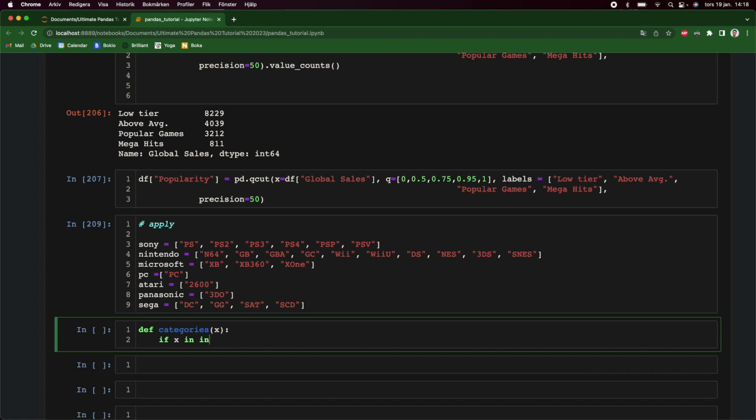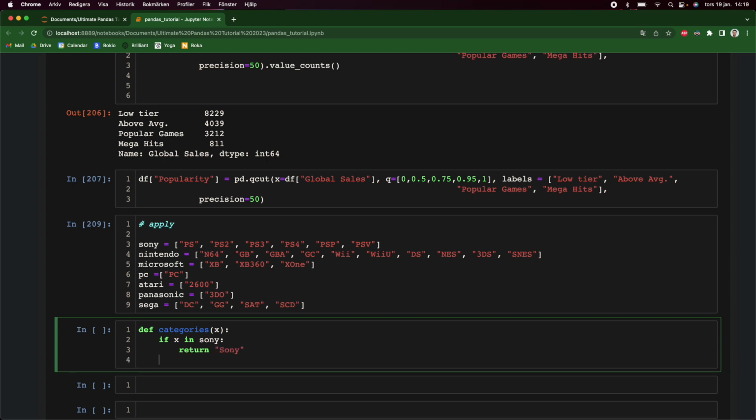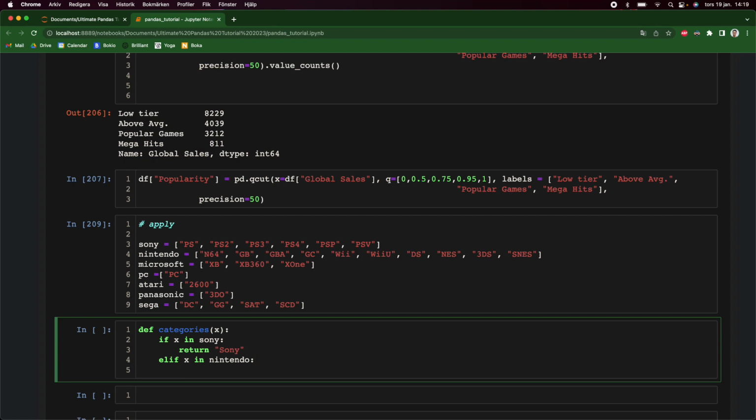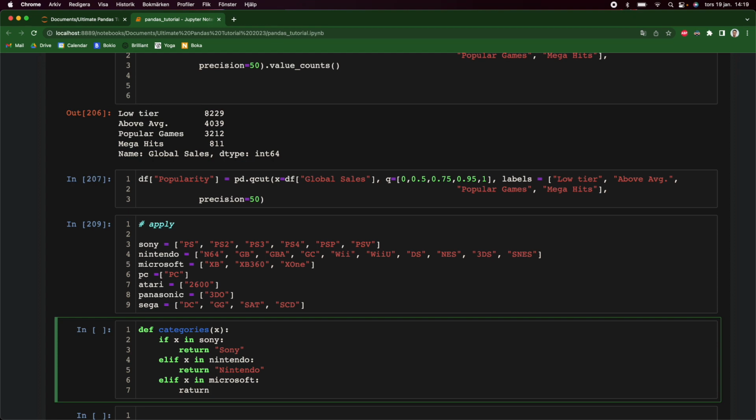So if x in Sony, return Sony, and elif x in Nintendo. I can also autocomplete what I'm typing here, so say Nintendo. Alright, so here if I say elif x in mic, then I can press tab to autocomplete that variable. Then I'll say return Microsoft,